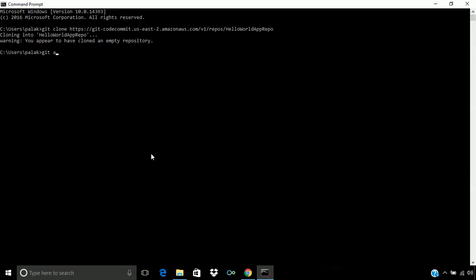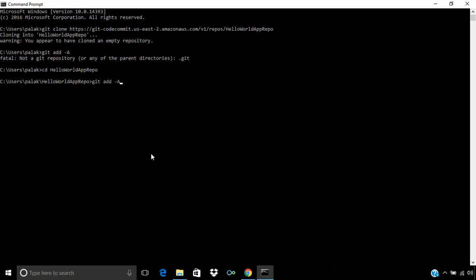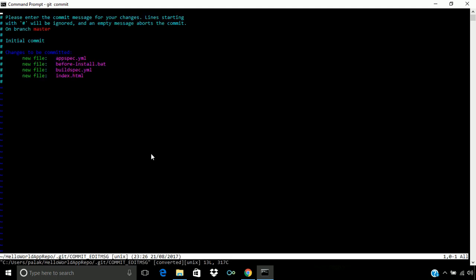So let's add these files first. Let's first navigate to our repository, and then let's execute the command git add. It will add all the files in that repository, and after that let's commit the changes.